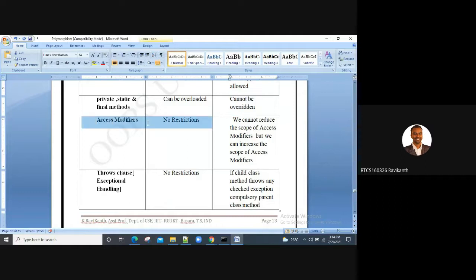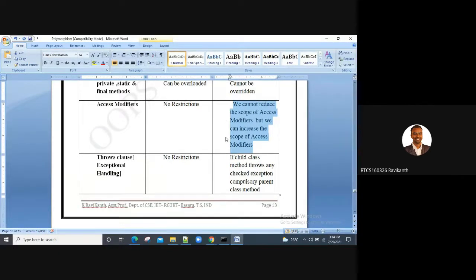With respect to access modifiers, there's no restriction in overloading. In overriding, we cannot reduce the scope of the access modifier, but we can increase it. I already spoke about the scope of access modifiers: private, default, protected, public.